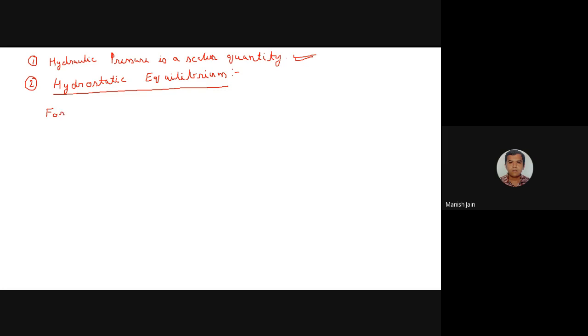for incompressible fluids, when density is constant, the hydrostatic equilibrium equation is Pa by rho minus Pb by rho, where A and B are the two reference points, equal to